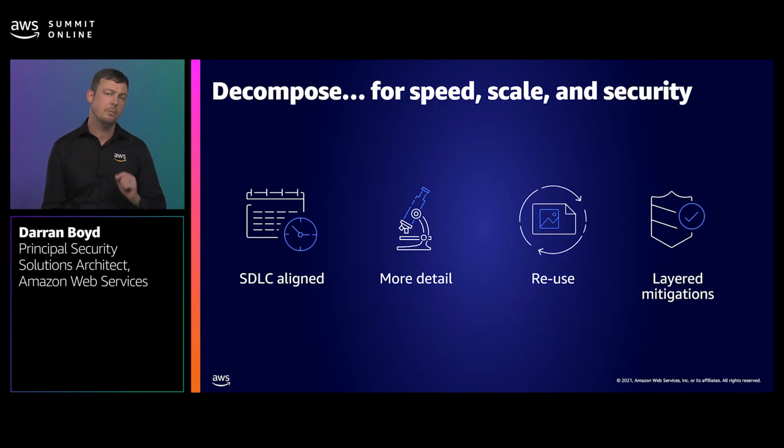Earlier, when we spoke about consistency, we spoke about the advantage of reuse. One of the key enablers for reuse is to sufficiently decompose your application into smaller components. A good example is if you perform a threat model on your authentication system, and that authentication system is used across multiple of your applications, decomposing down to that level will allow you to reuse that threat model and effectively take a dependency on it.